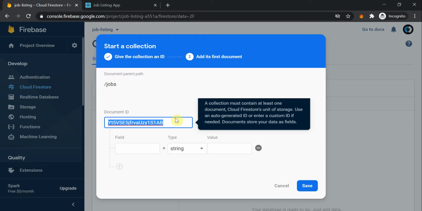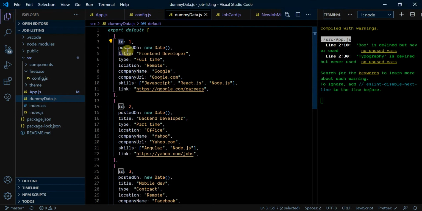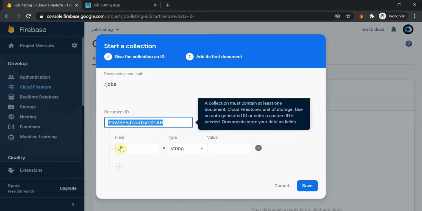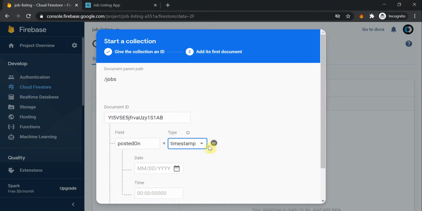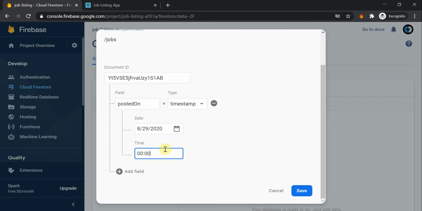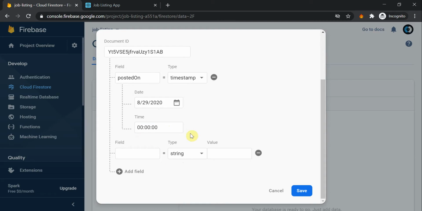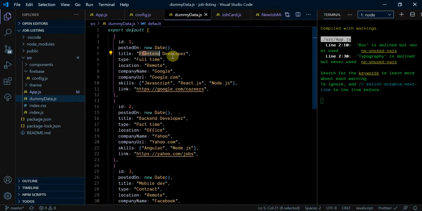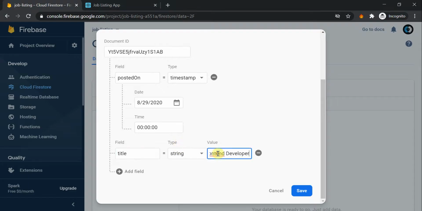But for now, let's just copy the rest of the stuff, such as posted on, which is a timestamp, and it can be anything for now. We are just creating one dummy document so that we have something to work with, and we can fetch this one in our application. And let's have the other one of title, and that is front-end developer for now. Other field of type,